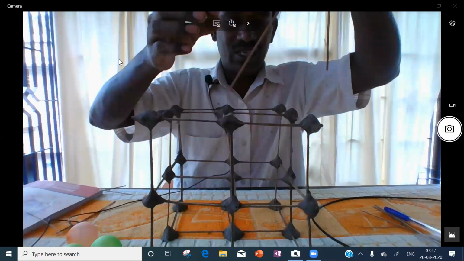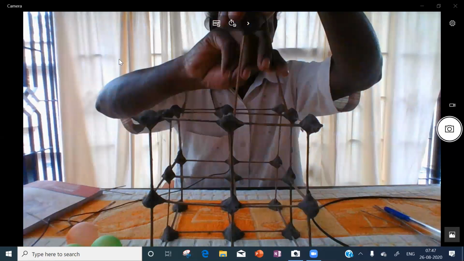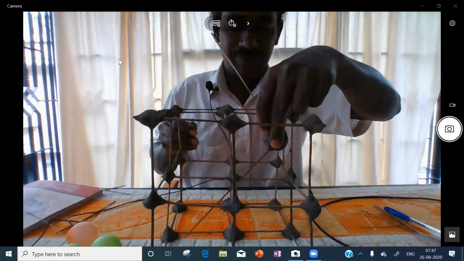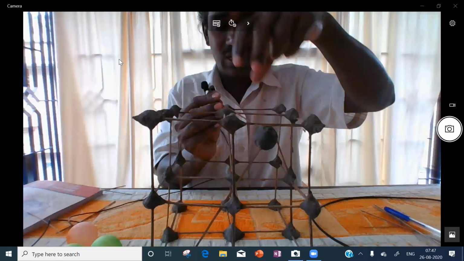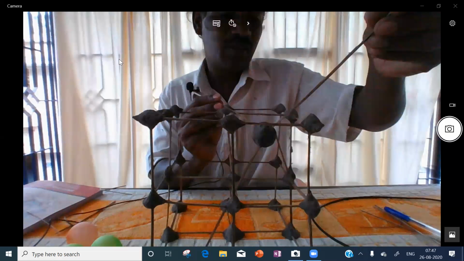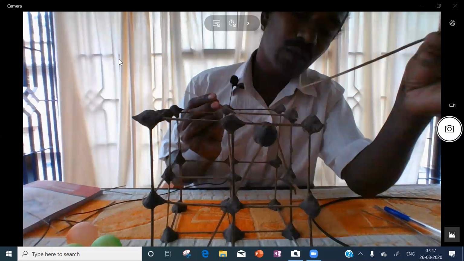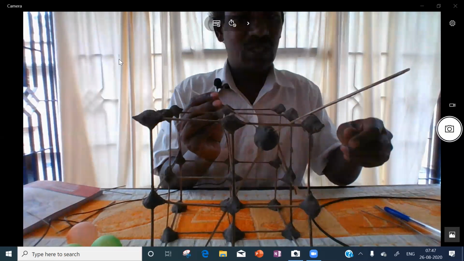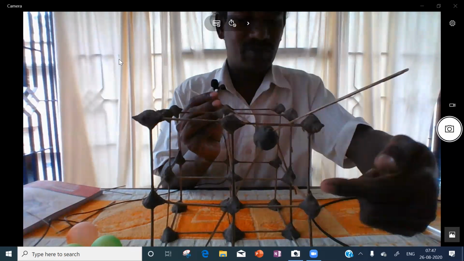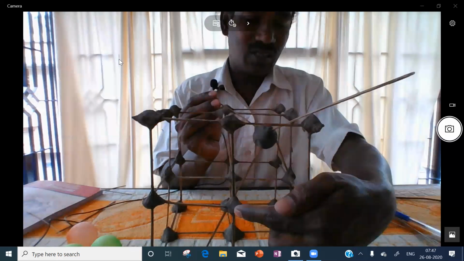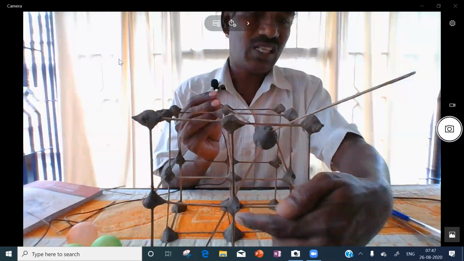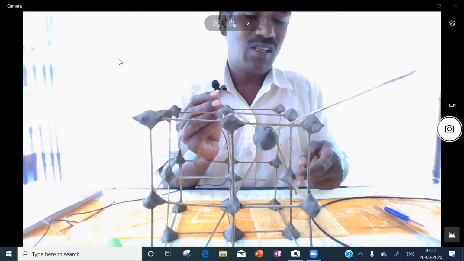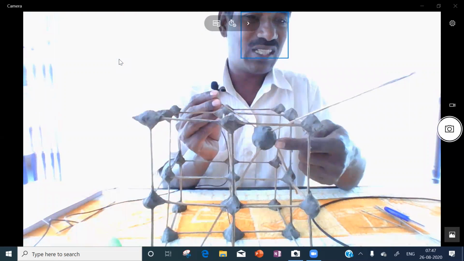Do we get a tetrahedron by using this? That point we will see. You see, it is a corner. For this corner, this is the neighboring face center, second neighboring face center, third neighboring face center. Have we got a tetrahedron? Then will you say this is a tetrahedral void?